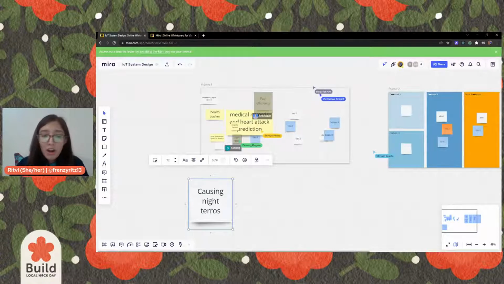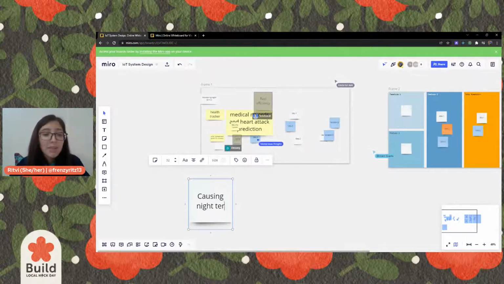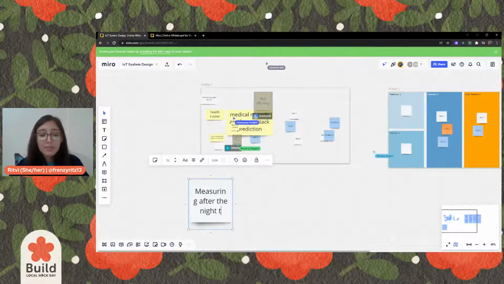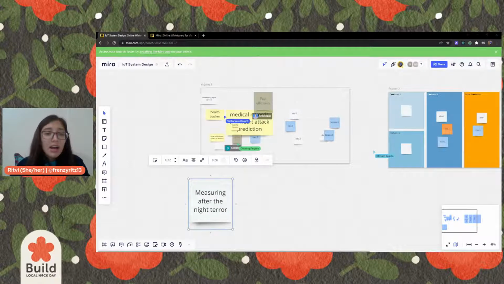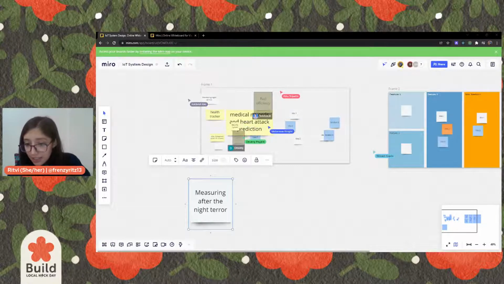Now, I know I'm not going to sit and design a solution for causing night terrors. So let me simplify the worsening of the problem: it is measuring after the night terror is over, right? So that's my reverse problem. So now what you guys need to do is